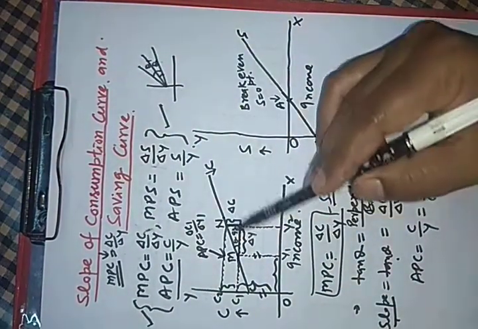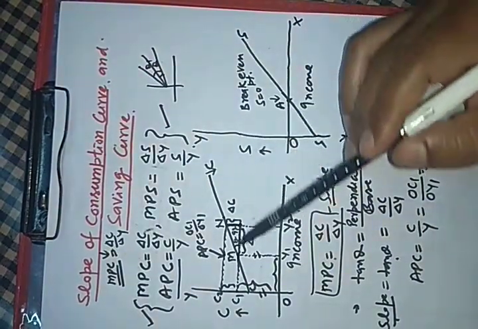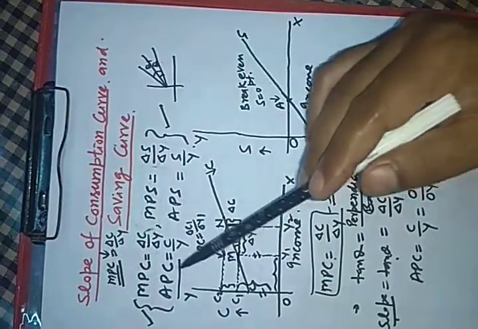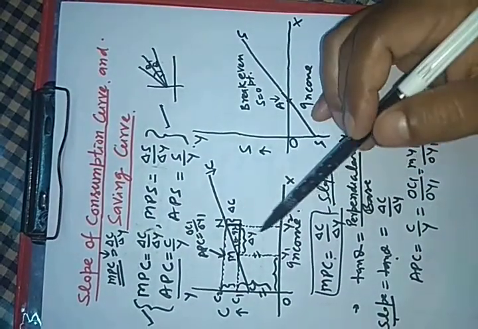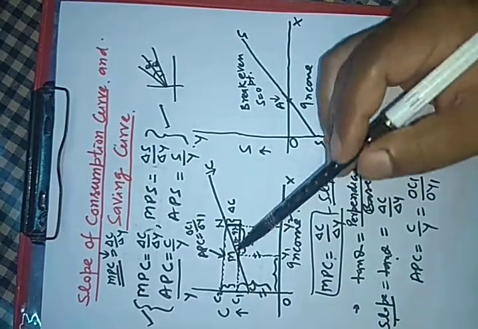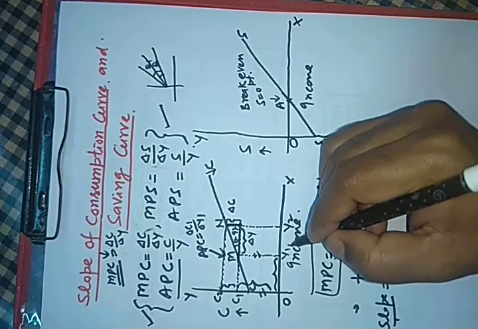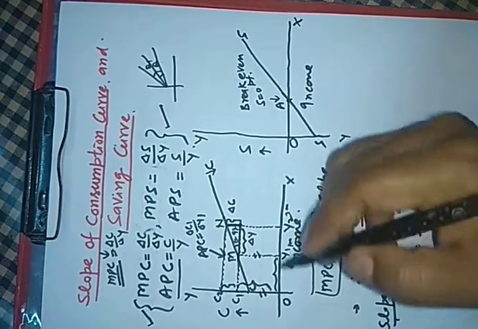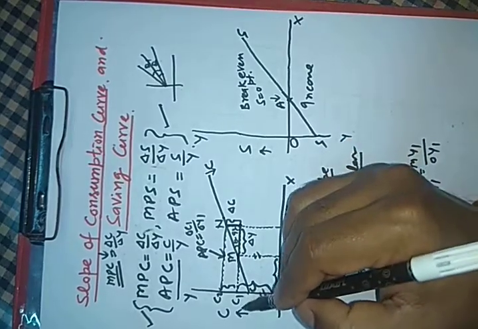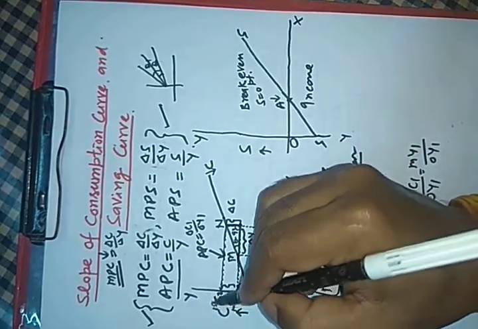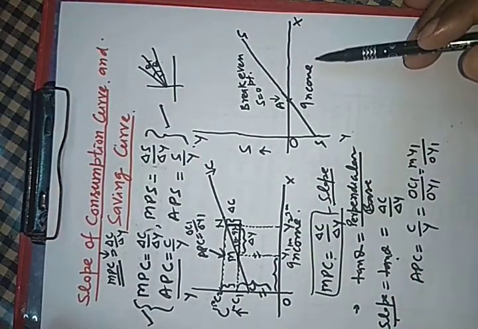APC को ग्राफ पेपर में आप इस तरीके से दिखा सकते हैं, राइट स्टूडेंट्स। तो मैंने आपको इस कंजम्पशन कर्व या कंजम्पशन लाइन में एपीसी और एमपीसी को किस तरीके से दिखा सकते हैं उसको मैंने बताया। अगर इसकी न्यूमेरिकल वैल्यू होगी तो आप न्यूमेरिकल वैल्यू निकाल सकते हैं। सपोज करो this level of income is 100 and this is 200, and suppose this consumption level is also 100, okay, and this 150, so you can easily find, right।